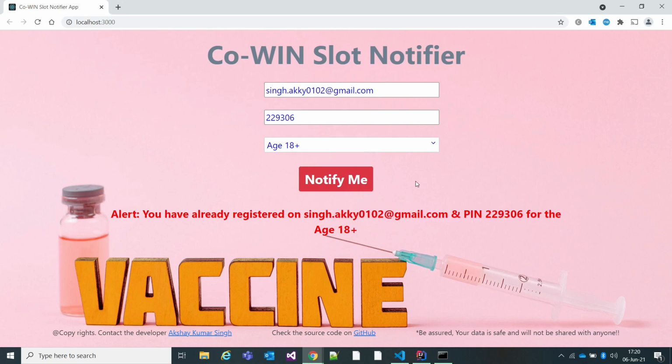And for the pin code, if you give less than 6 or greater than 6, the notify button will be disabled. So something like this is disabled. And now the second part will be the backend code. We'll quickly go through the backend code and see what technologies we'll be using. As of now, it is Java and Spring Boot, along with the email service from the Spring Boot application.